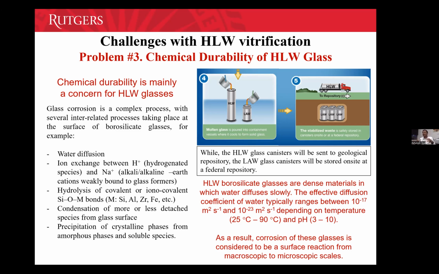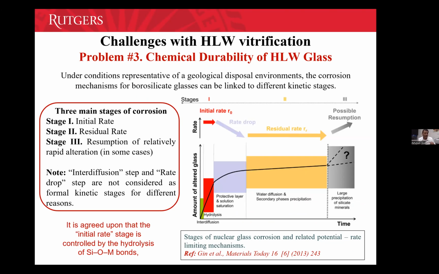So in that case, how does the glass corrode in that environment? What is it that drives the corrosion of glass? We usually think that glass is actually an inert material. No, that's not the case. Glass is not inert. It's the kinetics. Some glasses dissolve really fast. Some glasses dissolve or react really slowly. But they do that whenever they come in contact with a solution. Even when a glass comes in contact with water, or acid or base, it starts to interact. Glass corrodes. So how does a glass corrode over time?